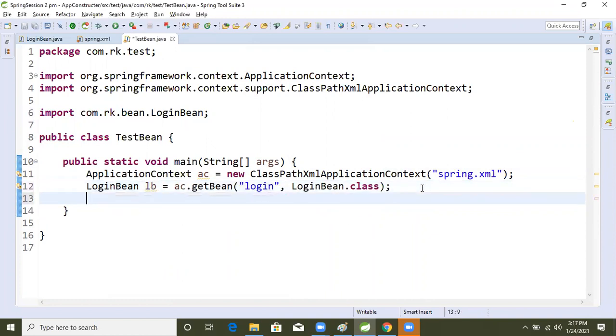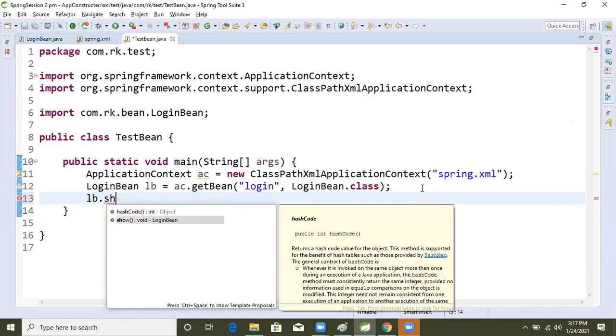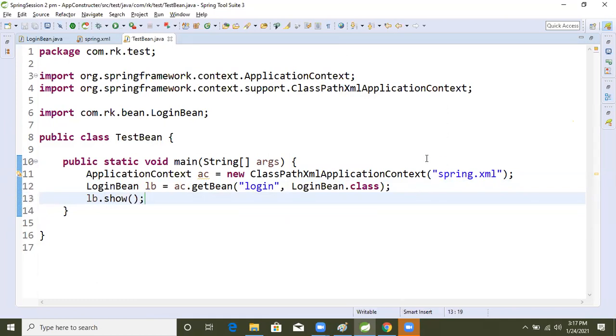Now we got lb, so we just call whatever method shows the data and run the application. We don't create the object; Spring creates the object and injects it, and we get the result. We will see the output.